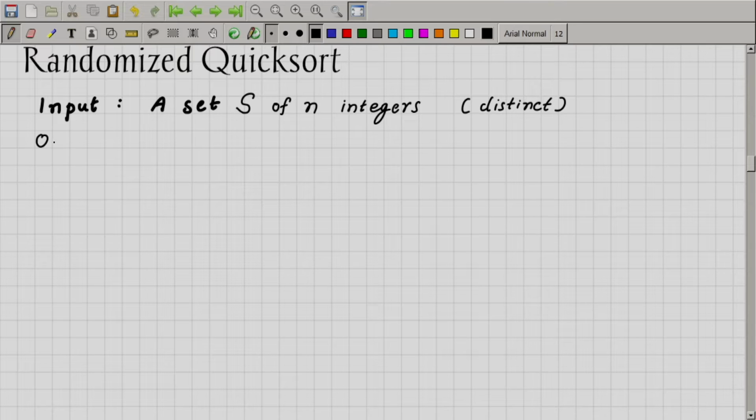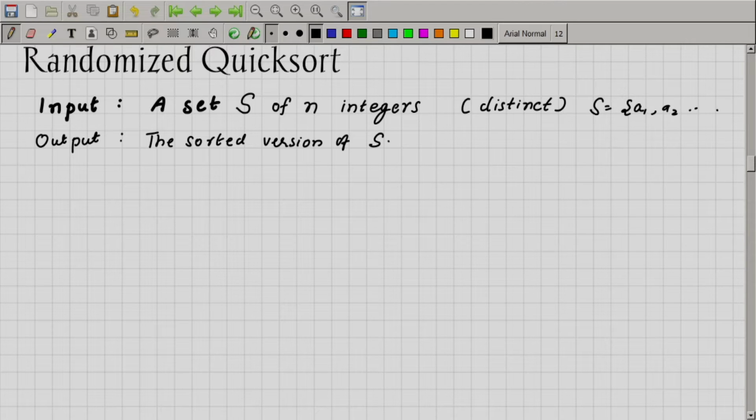And as output we will expect the sorted version of S. So, if S was equal to